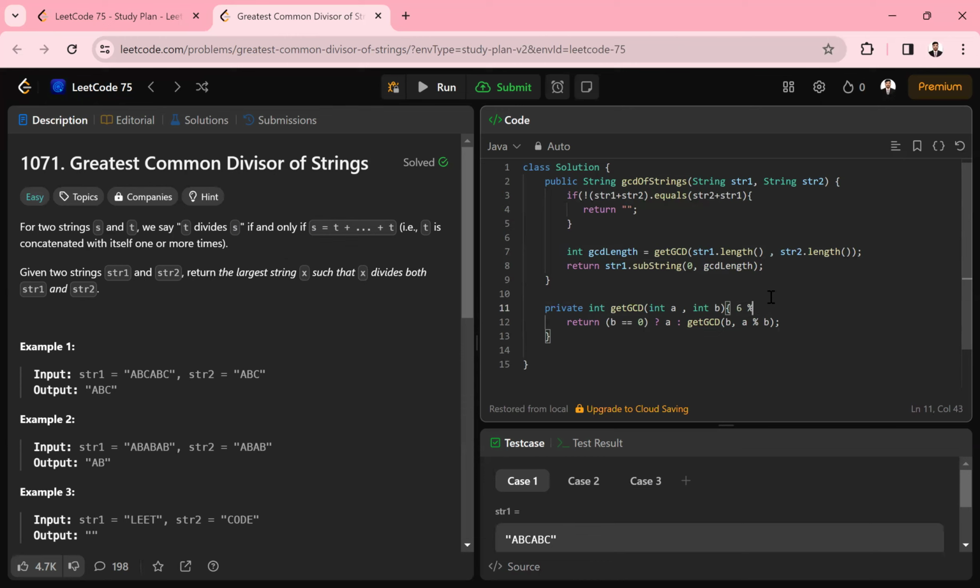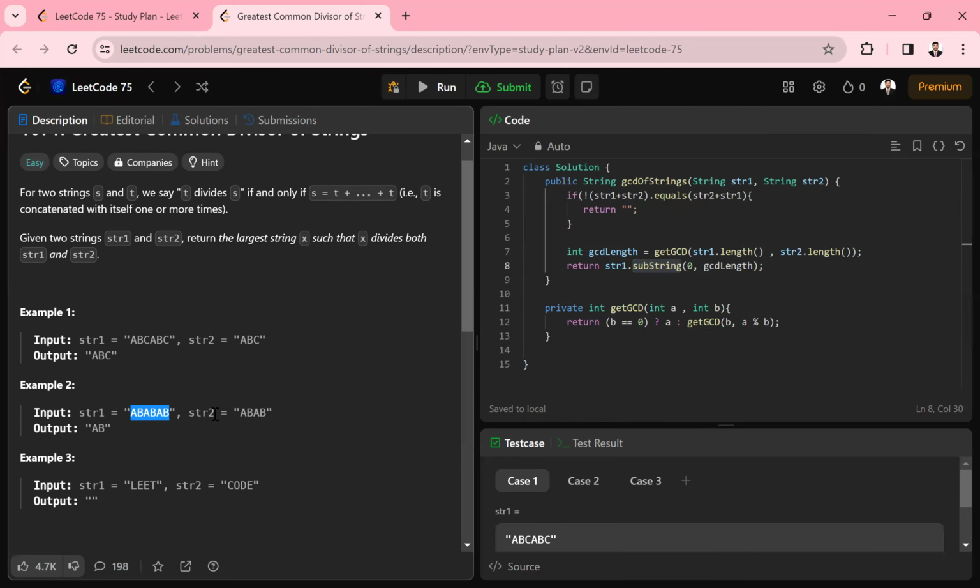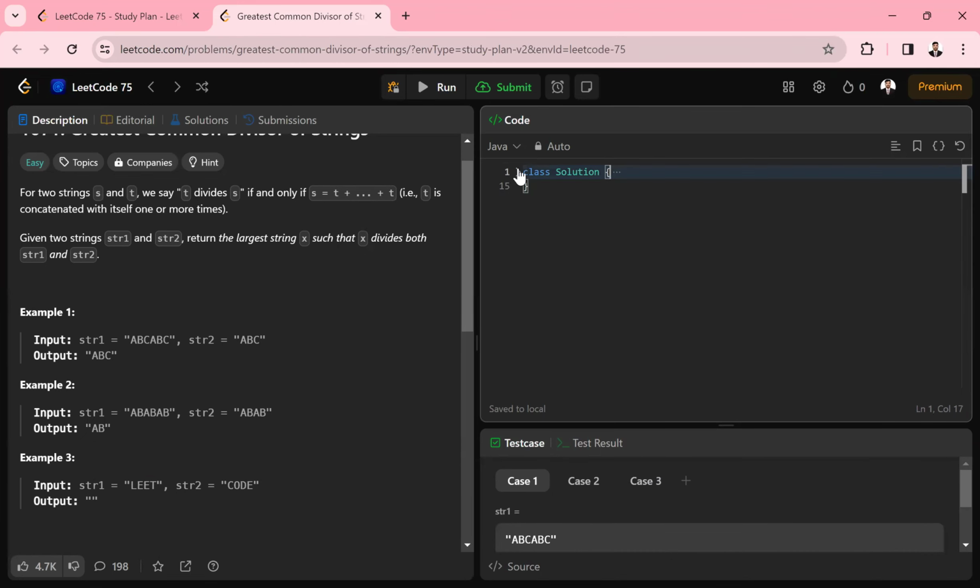In this condition it will return 3. So from here we are going to find the substring abc, right? In this condition you can also check, it will return 2. In this condition, if string 1 plus string 2 and string 2 plus string 1 are not equal, then we are going to return an empty string from here, right?